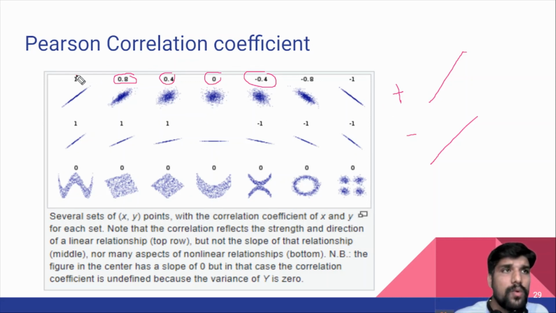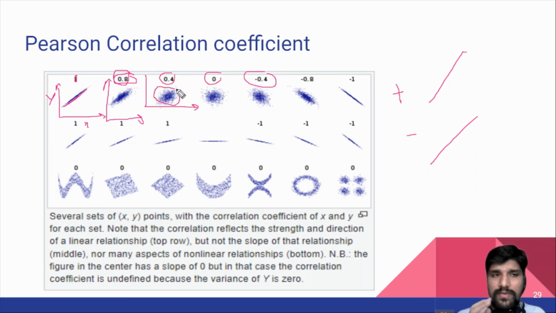Now when I have 1, then the variance between the two data, let's say this is my x data and this is my y data, they are very tightly coupled and have a very strong relation. When it is 0.8, the variance is high compared to the previous one, so the correlation is also less. If you look at diagram 3, the variance is very high. When I say variance, I mean the spread of the data between x and y is very high, therefore their correlation is decreased,